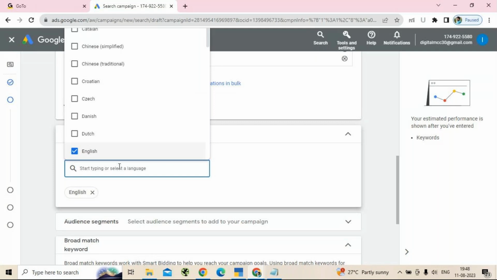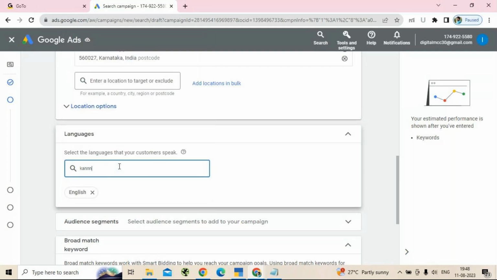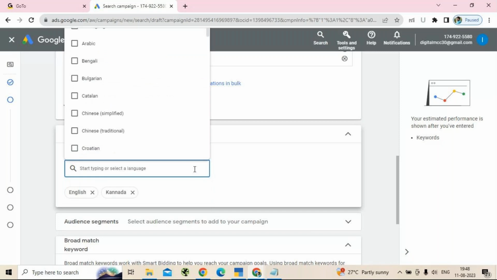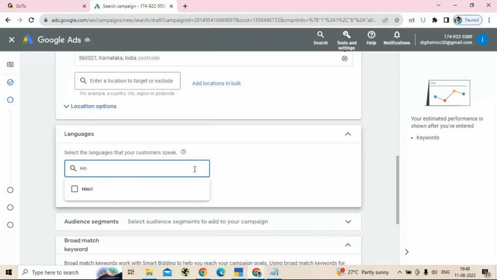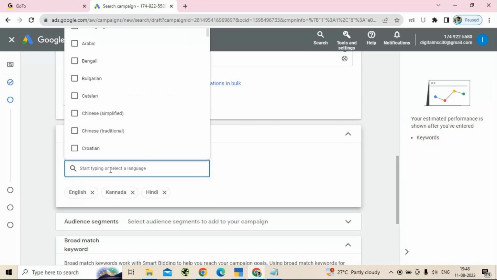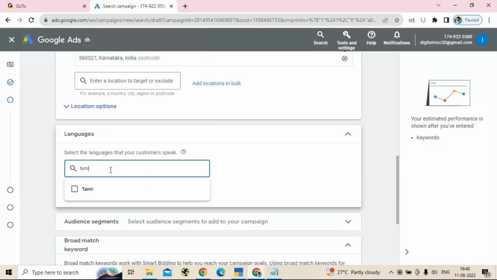So for example, I can target the people who are going to use it in the Kannada language, Hindi, Tamil.